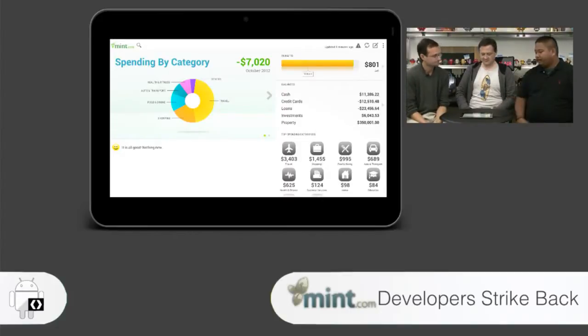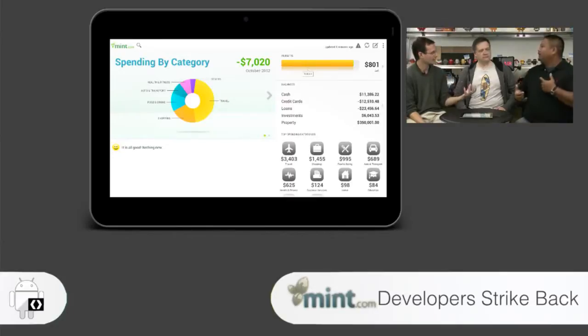Right. When we first developed the tablet app, as you said, we had a phone app already. And we weren't 100% sure where folks would fall in terms of how they would use both apps. So we said, let's release a basic version of the tablet app, and then let's get some data and iterate against that. One of the things that we started to find is that people were actually spending more time on the tablet app. Basically, they're sitting there, looking back in their finances, and also looking forward into their finances. So it's doing sort of the analysis and planning.